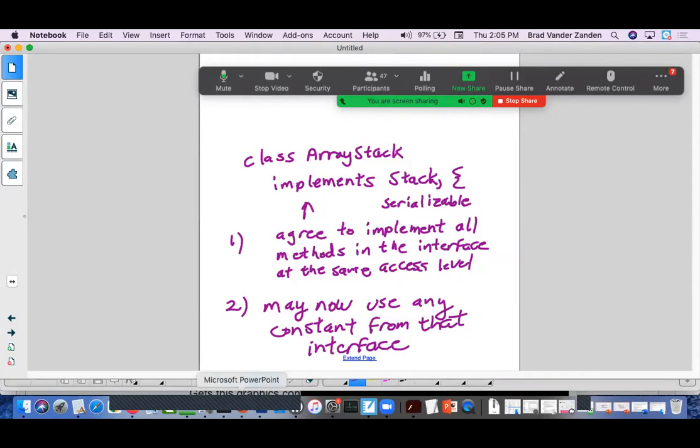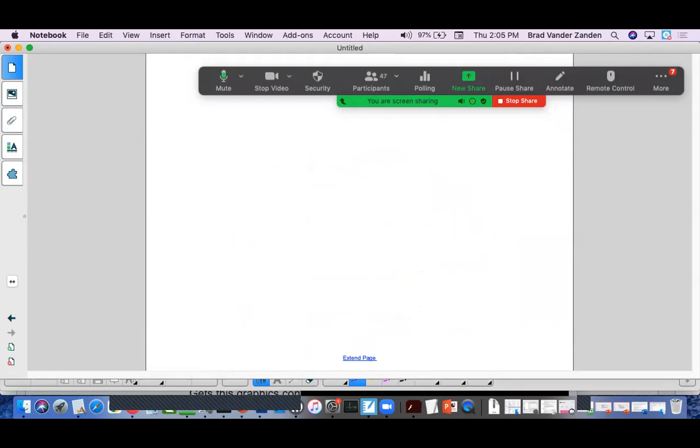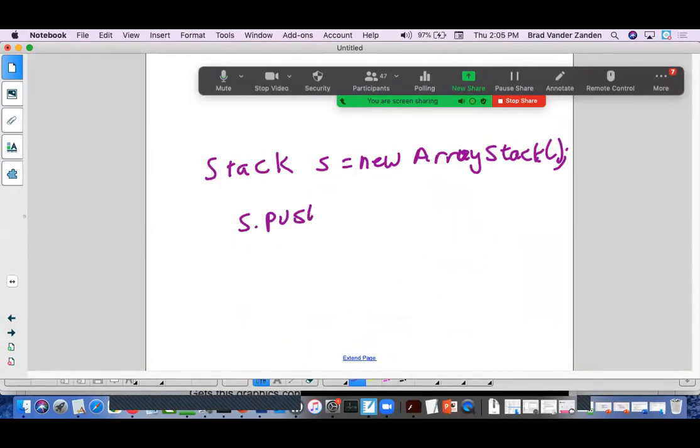The big important thing with interfaces that trips up a lot of people is that even though they are an abstract type, you're allowed to declare a variable to be of that type. So Stack is an interface type and is devoid of implementation, yet I can say s = new ArrayStack. And now I can use any of the methods that I defined for a stack. So I can say s.push(20),